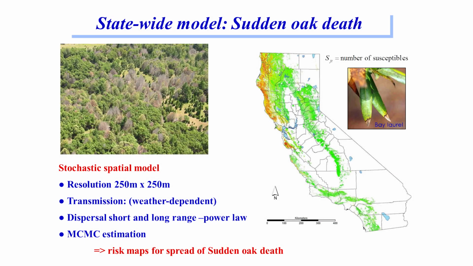There are many examples that I could have chosen, from work that we've done and others, but I'm choosing sudden oak death that I mentioned to you before. It attacks at least 100 species of hosts, but it is particularly devastating on some of the tan oaks and coastline oaks, which are different genera, in California. There you can see some of it on the tan oaks spreading. In this country it bulks up on rhododendron. In California it bulks up on bay laurel. Those of you who've been on the West Coast know there's a lot of bay laurel there.